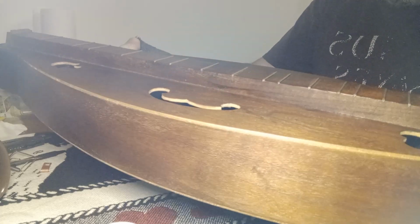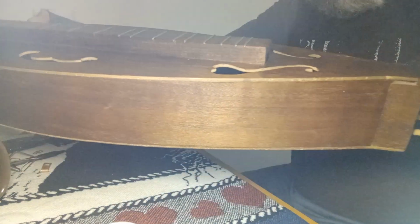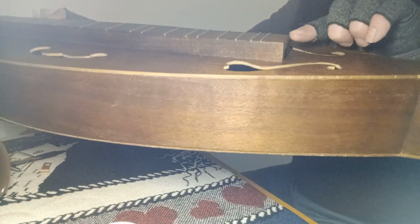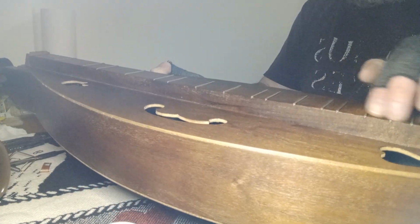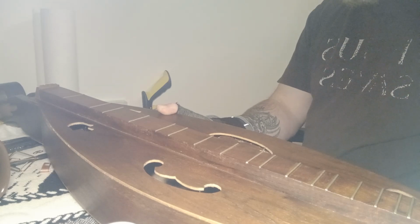The problem with that is that this right here, which is what was being used for the bridge, is lower than the fingerboard. So there's absolutely nothing holding the strings above the frets or in line with the fingerboard so it could be played. As a result, as I kept getting into this thing, I noticed on the nut right here